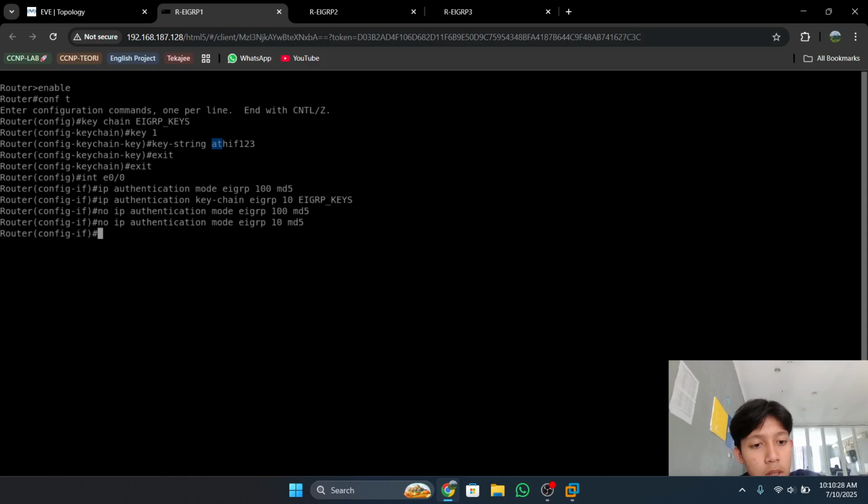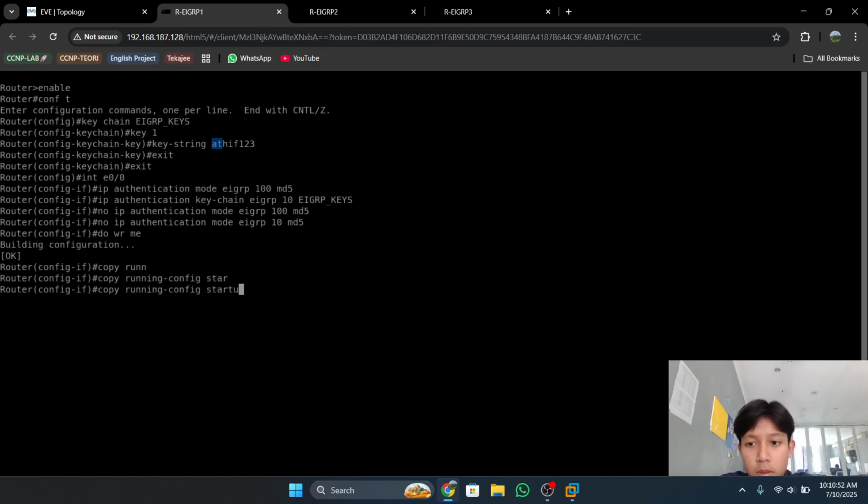After that you can finish and save on router 1. The configuration on router 1 is already done. You can save with write memory, or copy running-config startup-config.